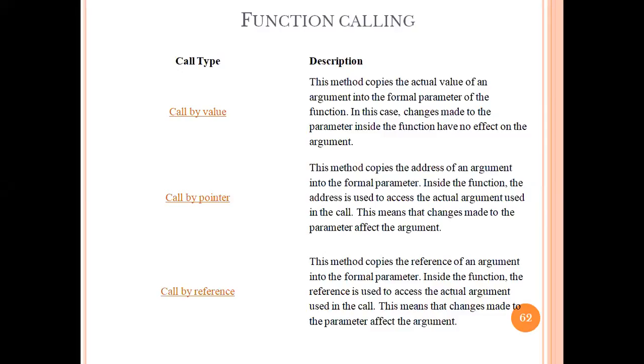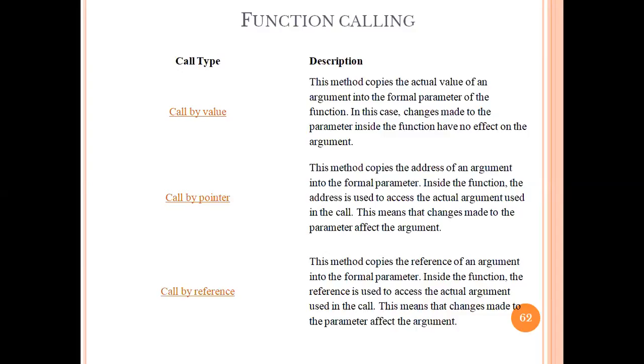But in call by reference, we just use that ampersand symbol, the address symbol, and that ampersand is nothing but the reference of that variable. So this method copies the reference of an argument into the formal parameter, and inside that function the reference is used to access the actual arguments used in the call, and it will directly interchange both the values.